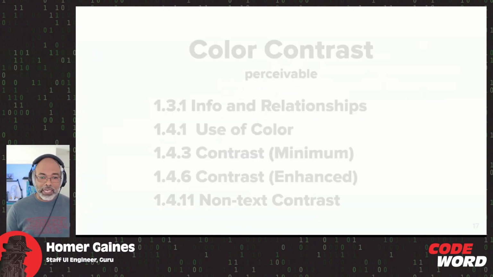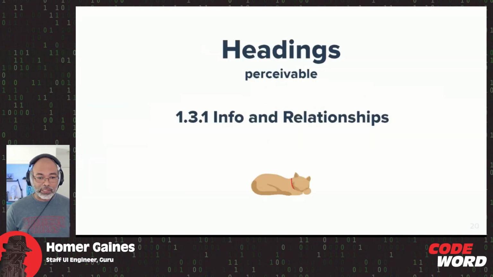But if I were to go back to this slide, you can obviously see that the color is much more faint. This is a lighter shade of gray. And for anyone who may have low contrast visual disabilities, or they even may have their monitor's brightness set all the way up as high as it can go, or even, let's say, a situational impairment, such as they are in an extremely bright environment, the sun may be coming over their shoulder, this would be difficult for them to see because of the lack of contrast.